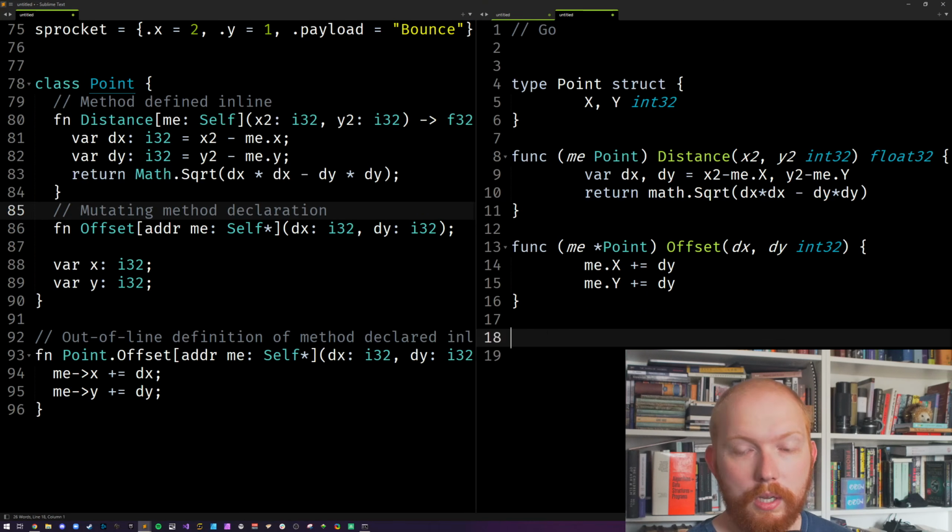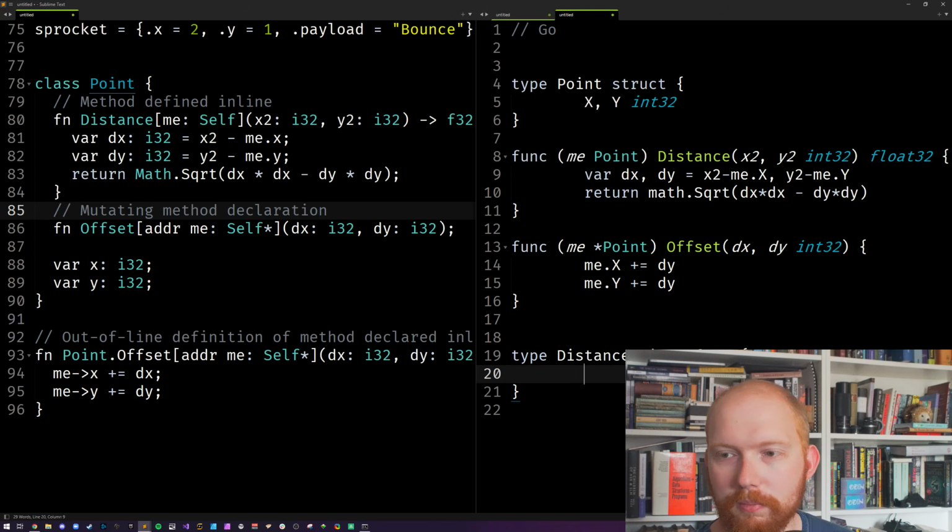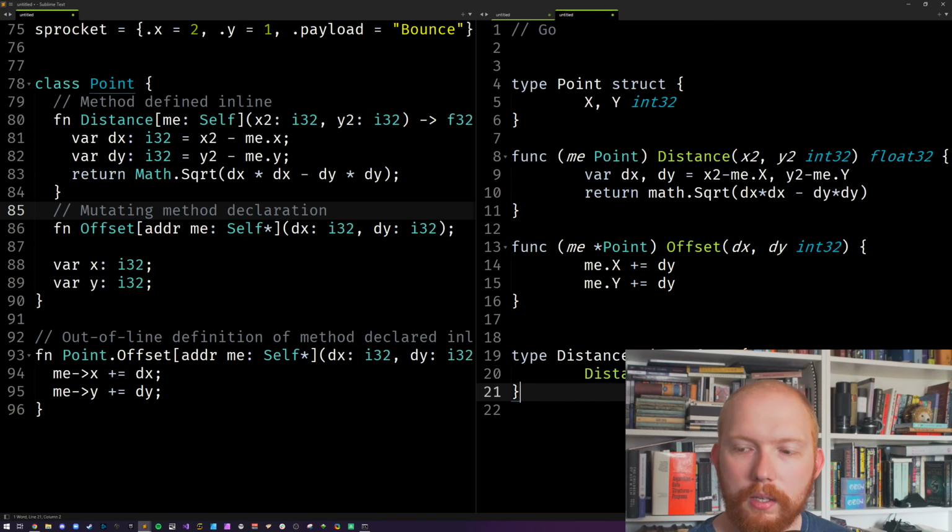For instance, in Go, you could do type. Let's call this a distance, because that's the convention people usually use. I'm going to copy and paste that in. Plop, plop, plop, and then that's that. Any type that has a method which has distance on it now fulfills this distance specification.